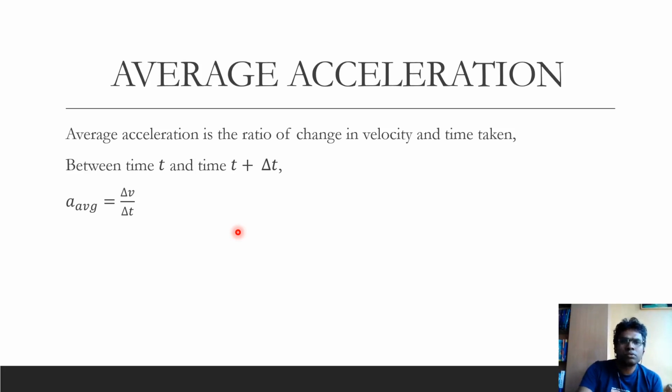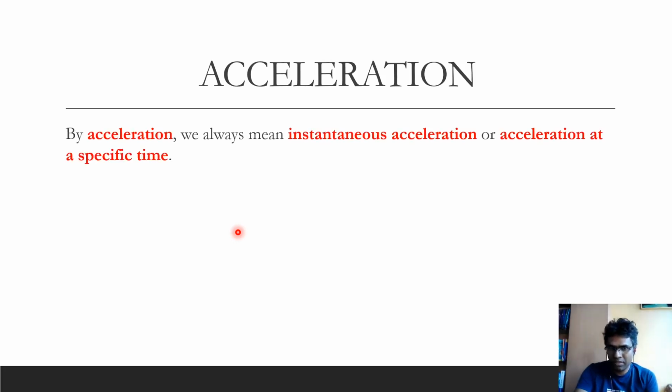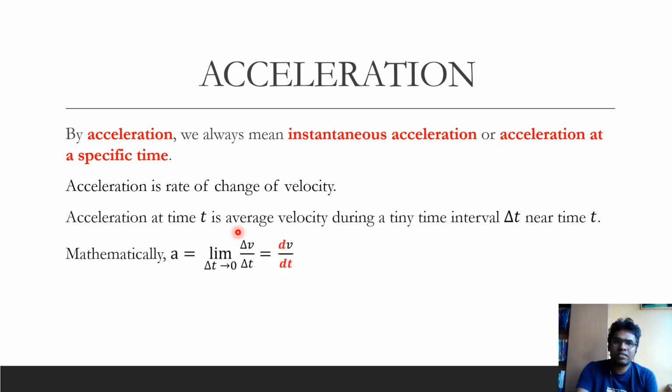Okay. So now if you go from average acceleration to acceleration, again we mean instantaneous acceleration or acceleration at a specific time. This you might have already guessed, it also involves a limiting approach. So you get the change in velocity in a time interval which is very close to the time of interest t, and that will be like using that operator d by dt on the velocity function and get the acceleration. So acceleration gives the rate of change of velocity.